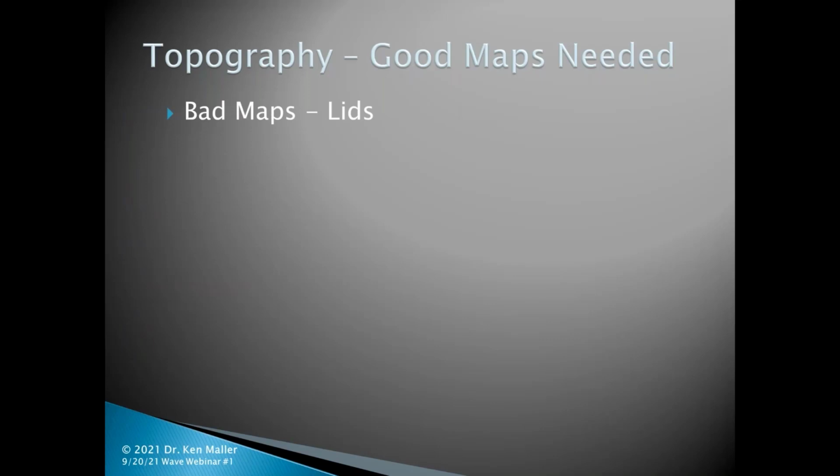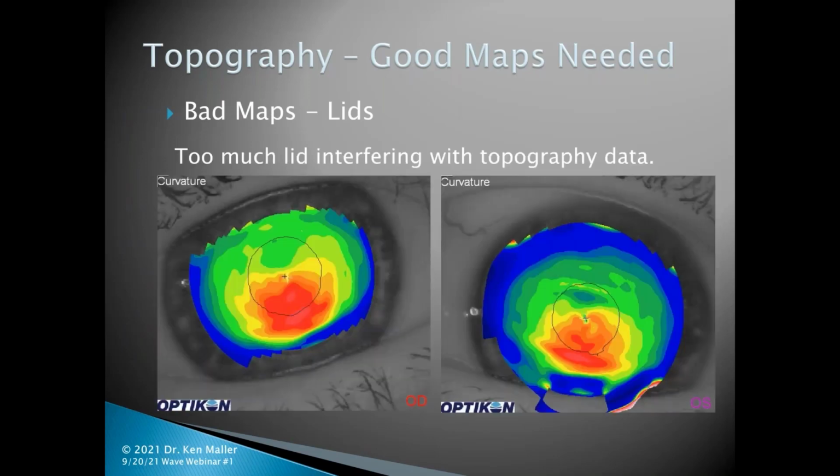All right, so let's take a look at possibly bad maps. This is about the lids, and this is too much lid that's interfering with topography data. You can see on the one on the left, you're missing data altogether, and then on the one on the right,